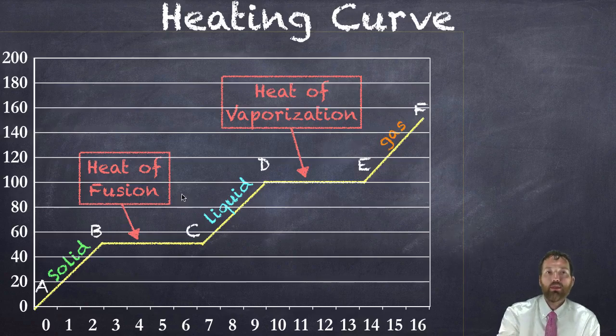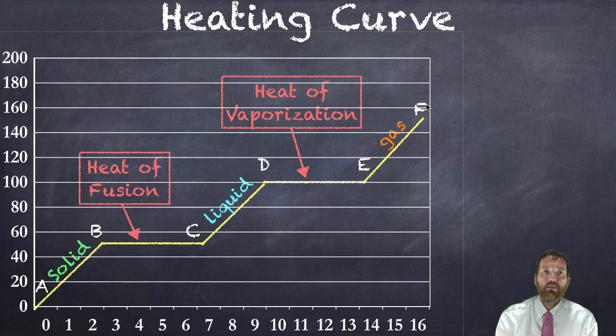But if temperature is kinetic energy, as we go up this curve, kinetic energy is increasing. But if we flatline here, kinetic energy is flatlining and staying the same. If temperature is not changing from B to C or D to E, kinetic energy is not changing. But we're adding energy throughout this entire 17 minutes in this heating curve. So where does that extra energy go? Well, it gets added to its stored potential energy. So potential energy increases on the flatline parts. Kinetic energy increases on the slanted line parts.